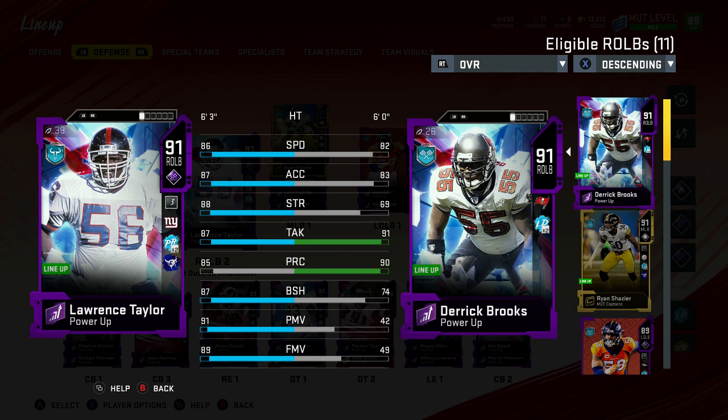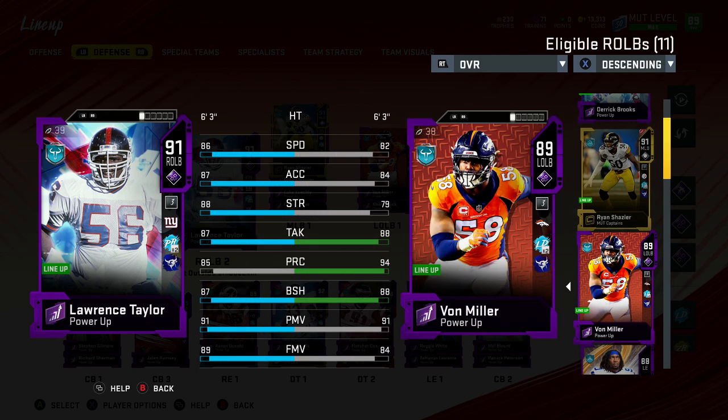86 speed, 87 excel, 88 strength, 87 tackle, 85 play rec, 87 block shed, 91 power move, with the finesse move of 89. And this right here, in my opinion, looks hands down like the best defensive player in the game, even when I compare him to 91 Vaughn. More speed, way more strength, way more... I guess +4 is way more, right? I don't know if it's way more. Like, +9 strength is a lot more. To me, that's way more. But +4 speed...